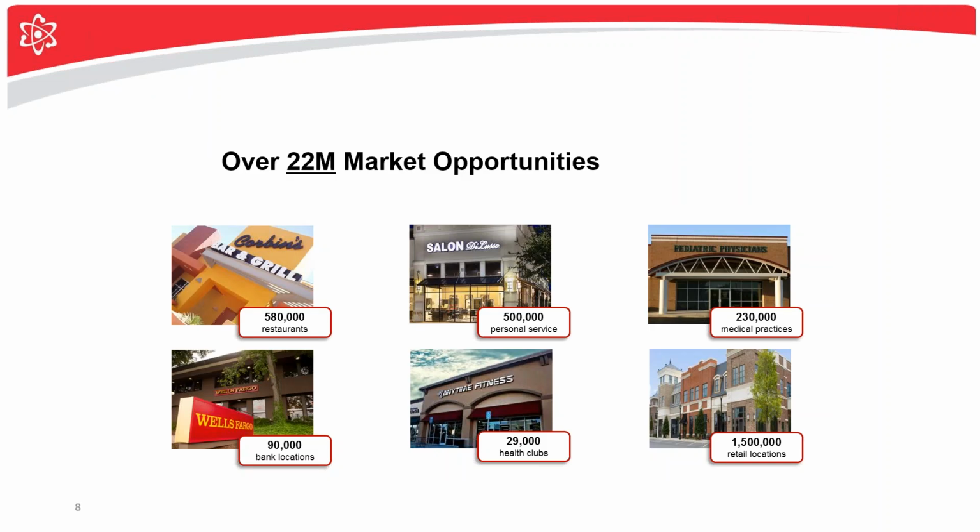So there's a lot of opportunity for commercial sales. It's still an untapped market. Something that retailers need to understand is that they have right now everything that they need to go and make a commercial sale. You don't need additional agreements or amendments. All you have to do is just go make the sale. So there's opportunities out there in the restaurant industry, banks, health clubs, personal services, retail locations. You've got over 580,000 market opportunities with restaurants. You've got over 230,000 with medical practices. So just look in your area, all these different businesses that don't have Dish service yet that you can start offering it to.